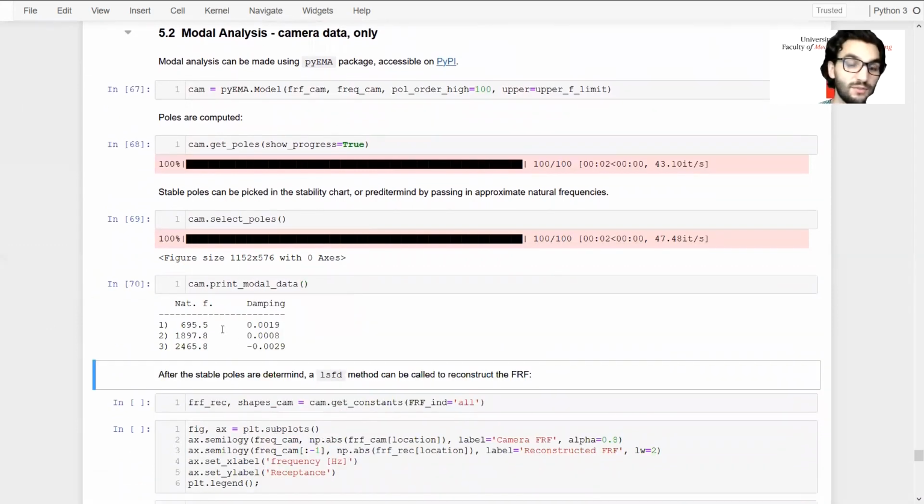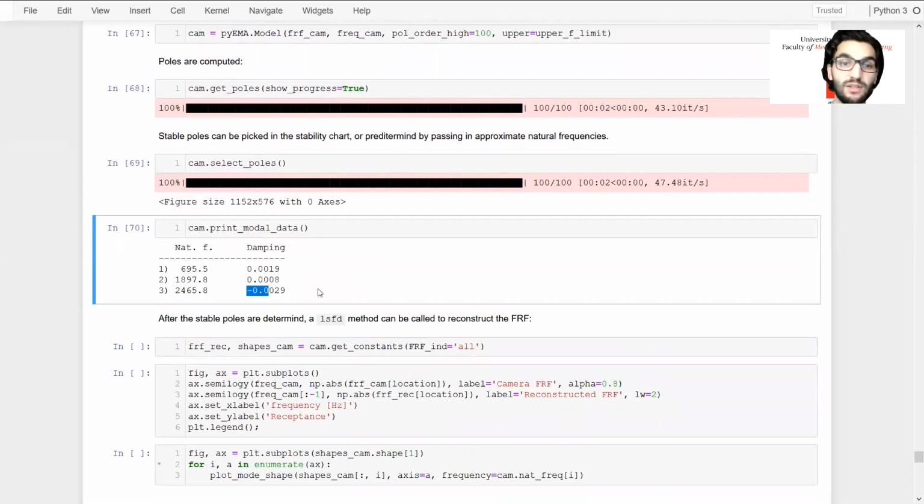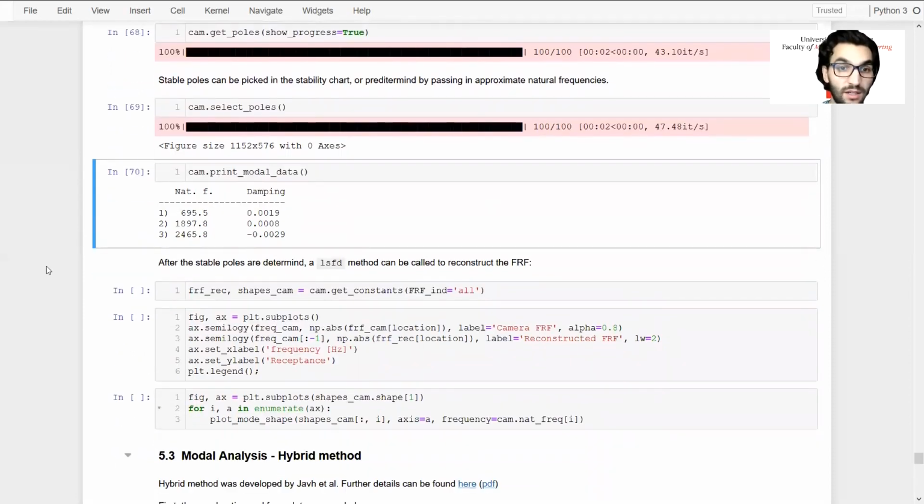We can see that the first two natural frequencies are okay, the first two damping ratios are okay, but the third one is negative. So this is probably not okay. Now we have selected the poles, but we also have to reconstruct our frequency response functions and get the modal constants. This is done by